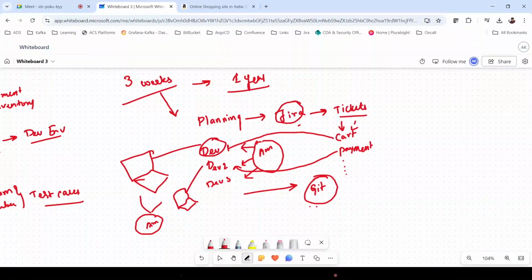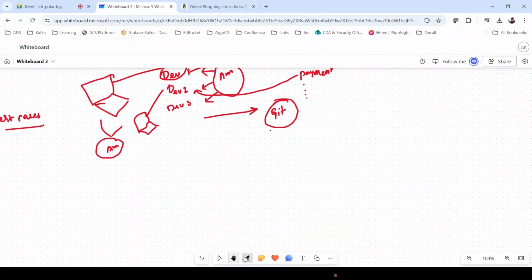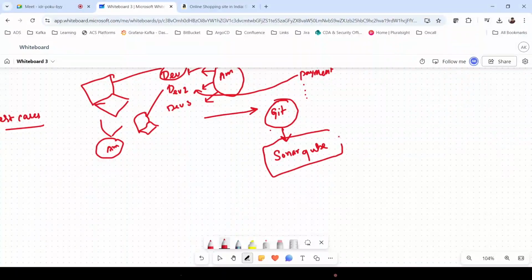Once this is done, these developers will do a few tests before going to the testing team. So comes the next step: we can use SonarQube for testing. It will do the basic testing.